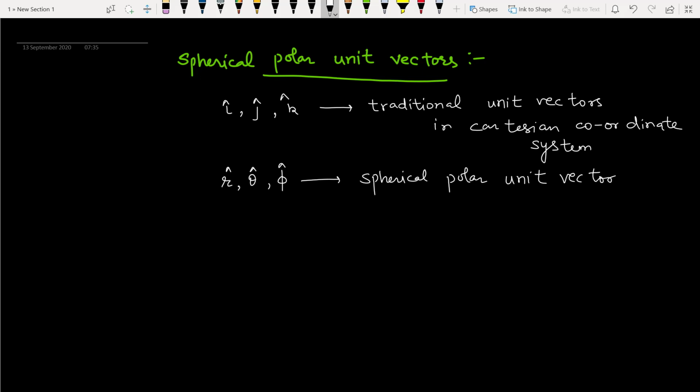Now we will study them one by one in detail. R cap is a unit vector, or rather we should say it is a spherical polar unit vector